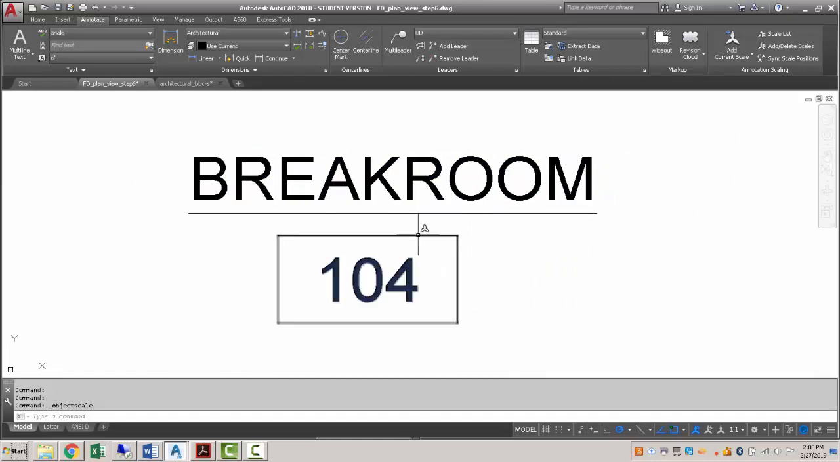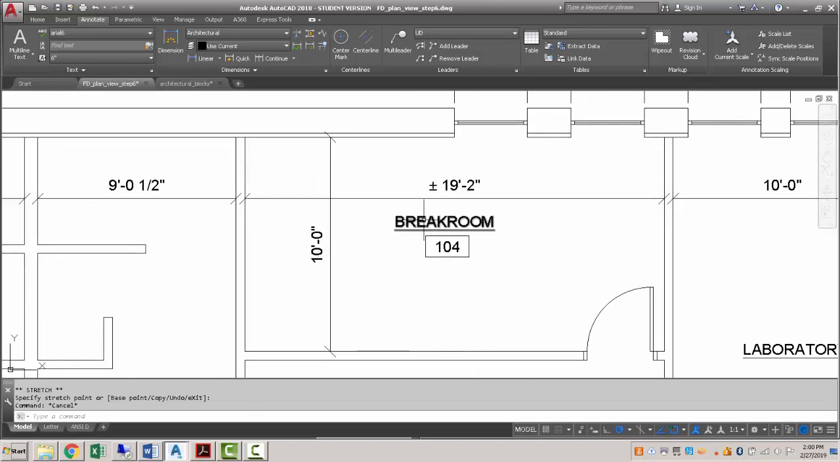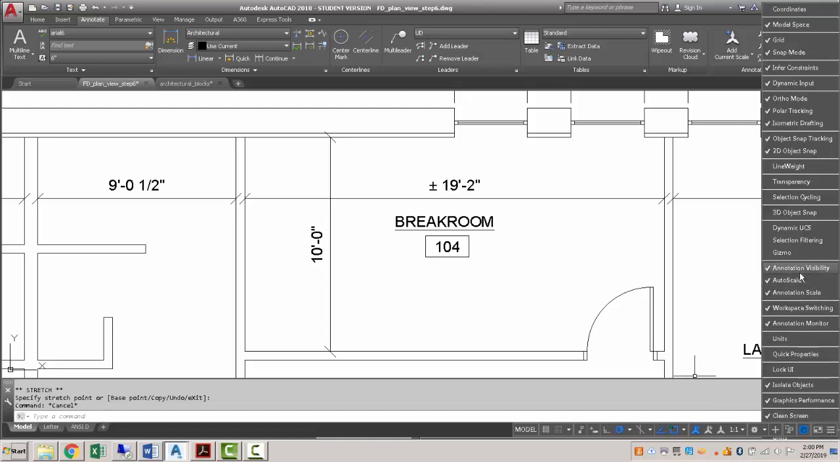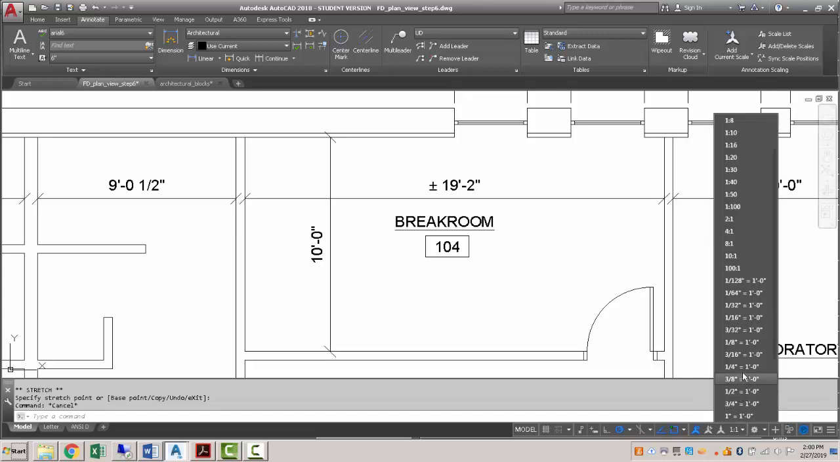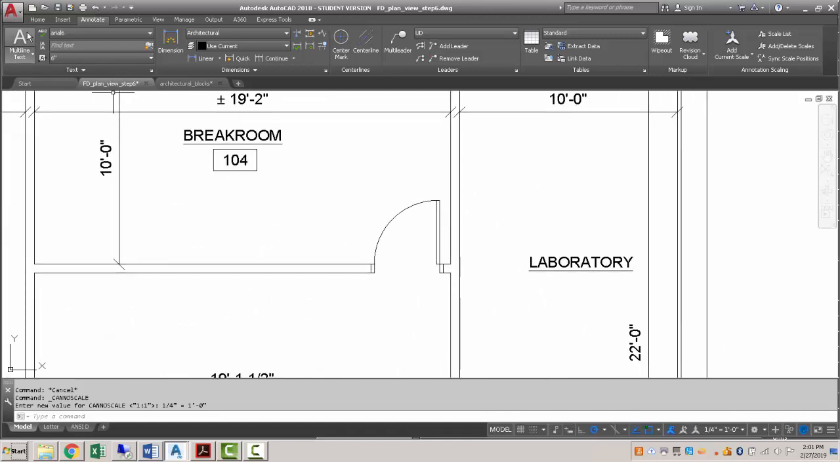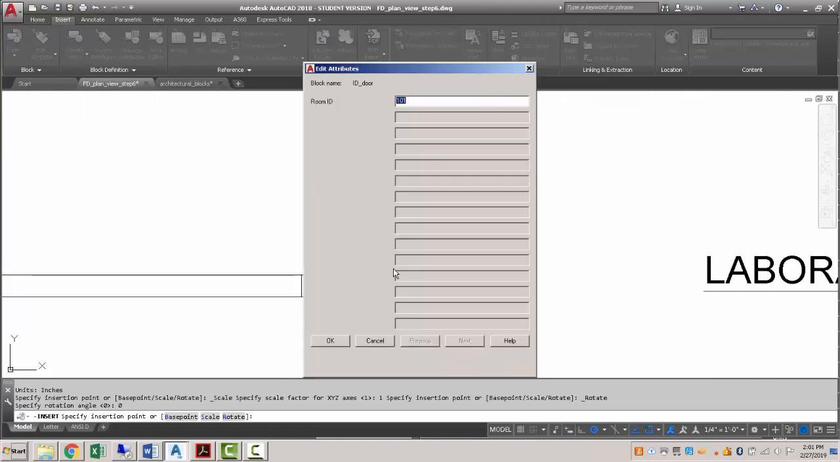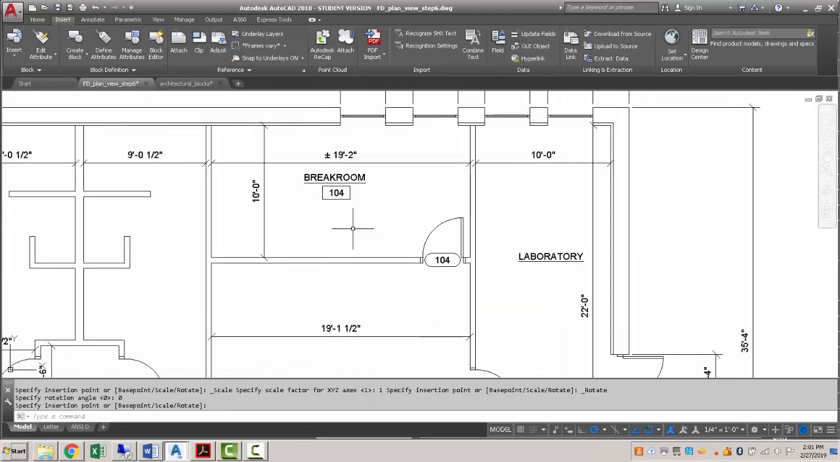And now you can see it scaled the thing up by a factor of 48, which is convenient because it's now the same size as our text. A far easier way to go about adding these things is to set your annotative object scale down here. And a way to do that is to make sure that your annotation scale is selected here. So I'm going to set mine to 1/4 inch equals a foot. And now what I can do is add additional scales as well. So Insert, I'm going to add a door ID, and that would be door 104 as well. And then we can add our